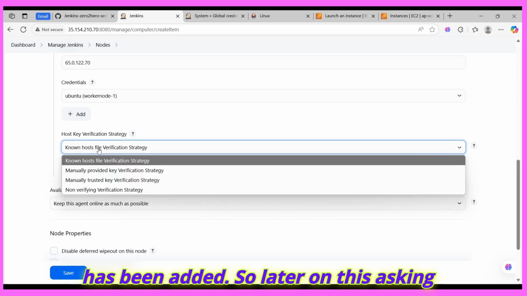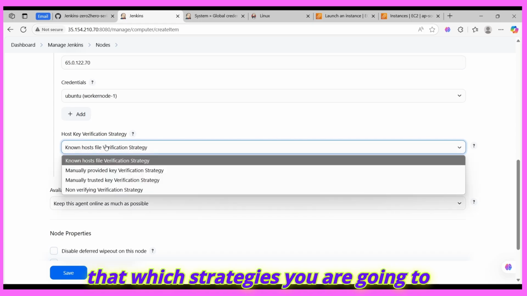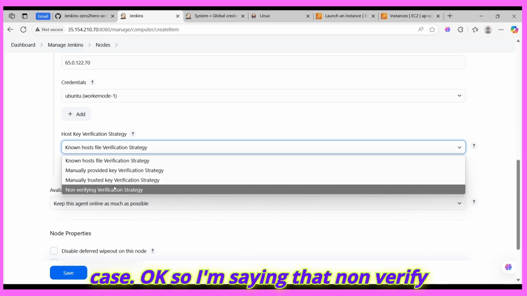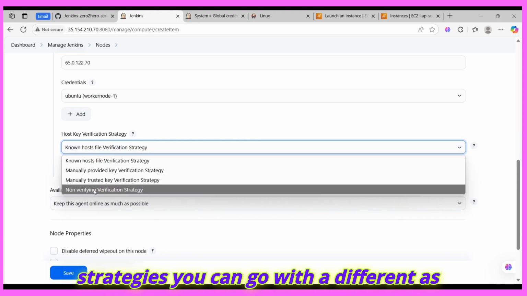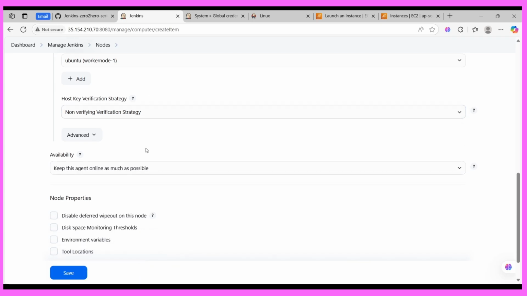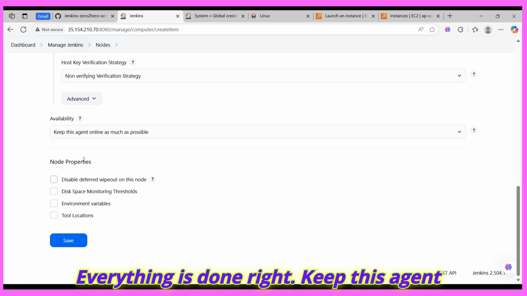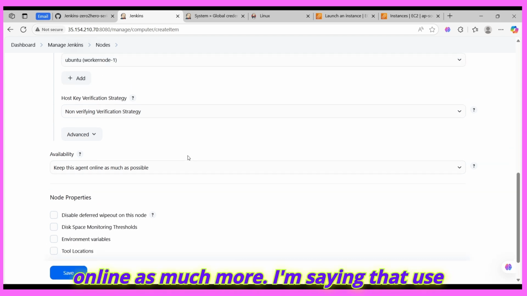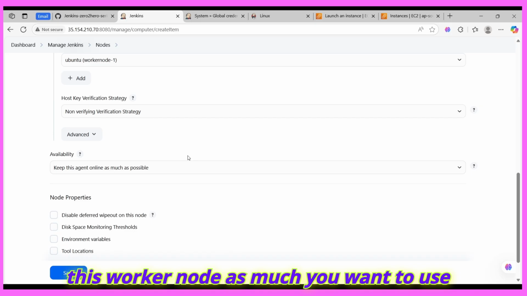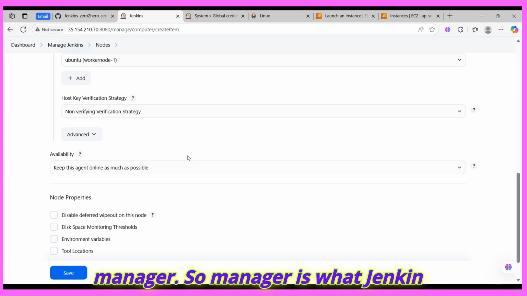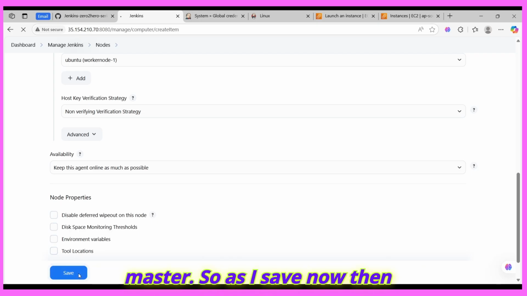Later on it's asking which strategy you want to use in order to verify your keys. I'm going with non-verifying strategy, but you can go with a different one as per your organization's requirements. Okay, so this is done, advanced is done, everything is done. Keep this agent online as much as possible. I'm saying use this worker node as much as you want to use it, so we are handing it to your manager. The manager is what, the Jenkins master. So as I save now,